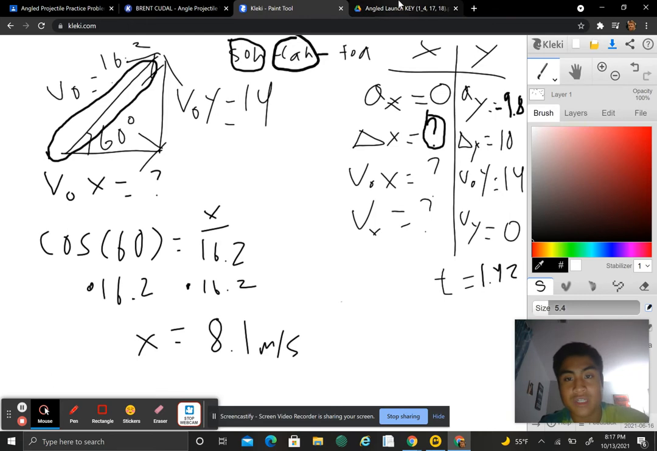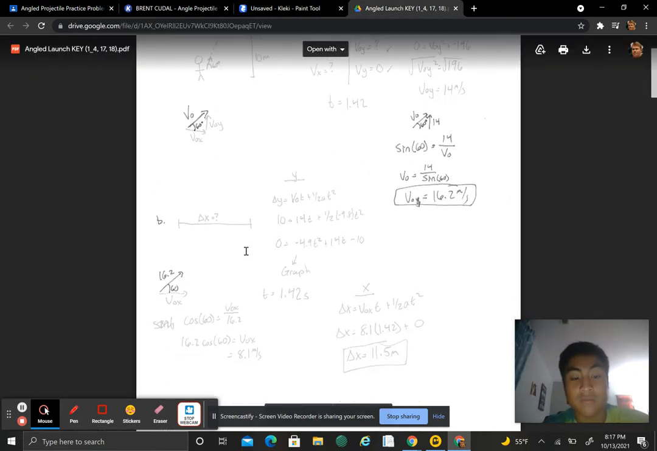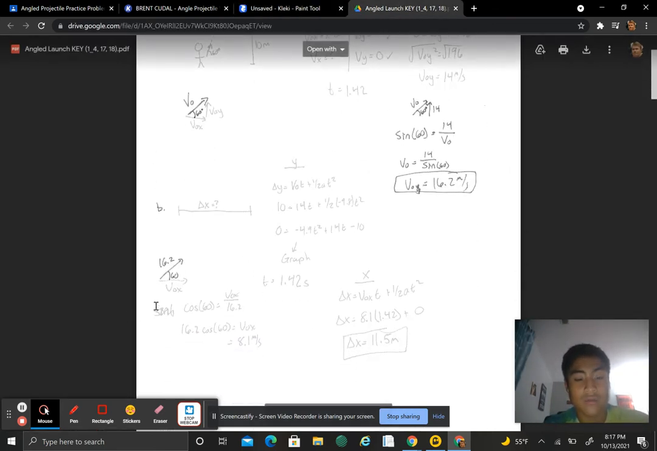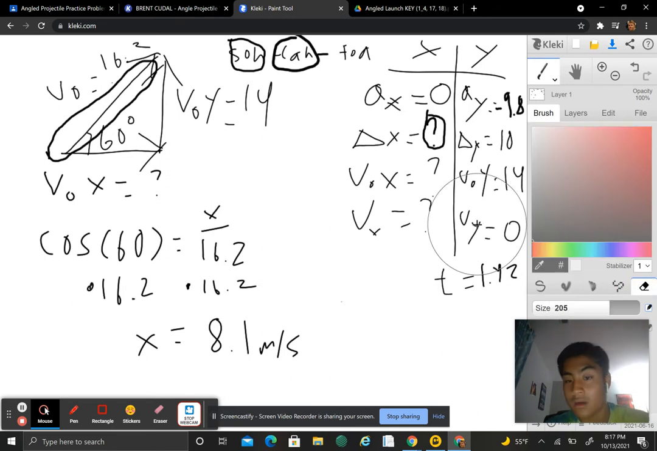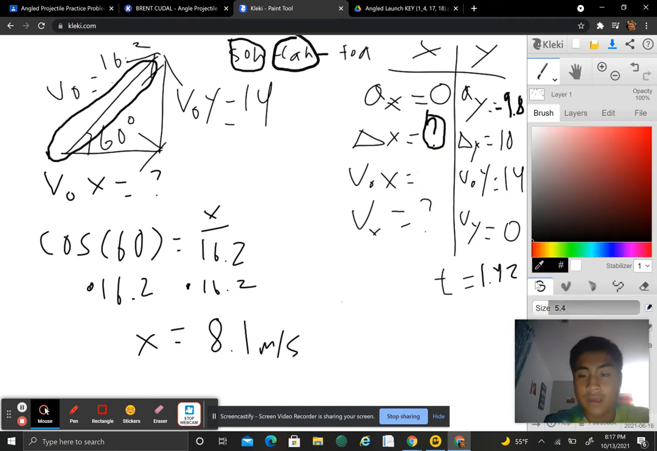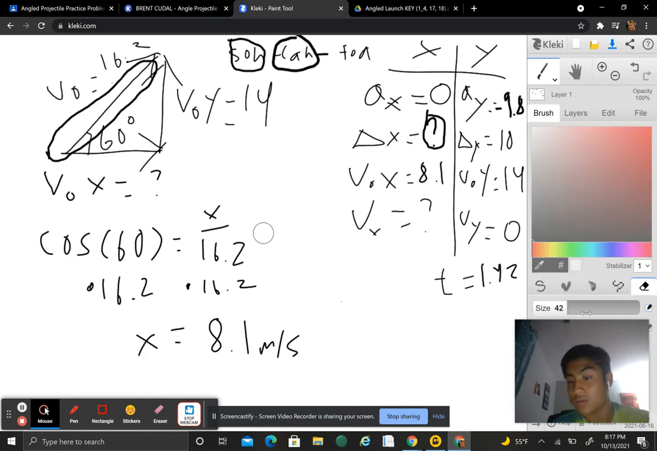In fact, I'll double check right now on Mr. Dolson's sheet, wherein he has the same work as well right here. And yes, he ends up with 8.1 meters per second as well for the initial velocity of delta x. So now we have this. So we can now put here 8.1. Now we're able to solve for delta x using the middle equation,